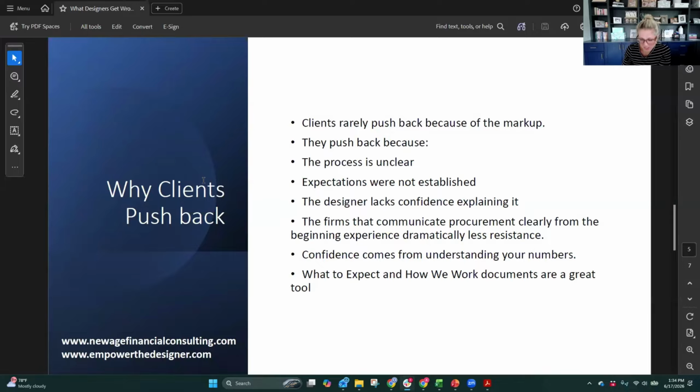So client communication, right? I think all of us could probably improve in this area in one way or another. For us as a firm, I must have been 2 years ago, we rolled out a how we work document, which is probably 15 years overdue. But it wound up being so informative and such a time saver from our end. And the firms that we work with that have done well, not even just from a numbers standpoint, but from a client expectation standpoint, are doing well because their clients understand